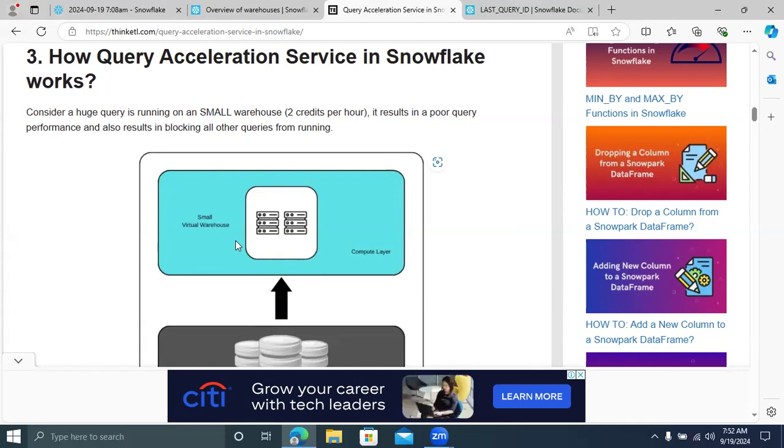If I try to run a huge, very complex query in the small virtual warehouse, definitely it's going to take more time, whether you agree or not. It's going to give poor query performance because the small virtual warehouse doesn't have additional compute resources. It has less RAM and less CPU, so it's going to take more time.